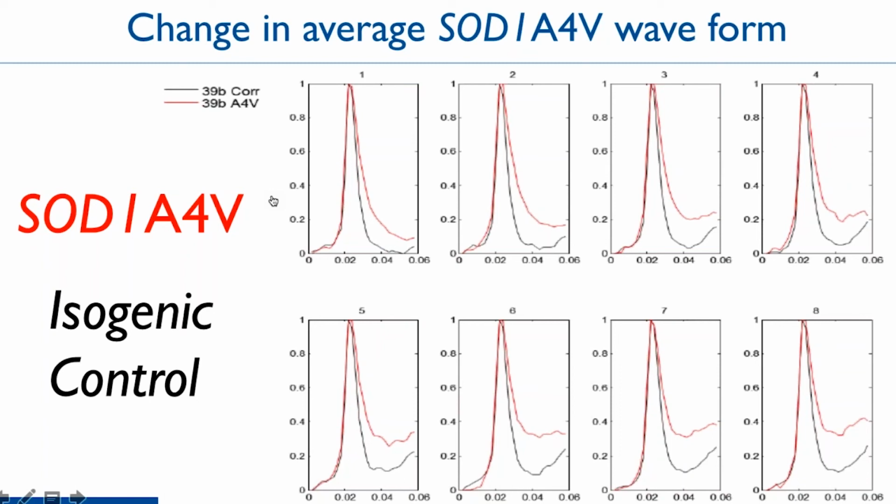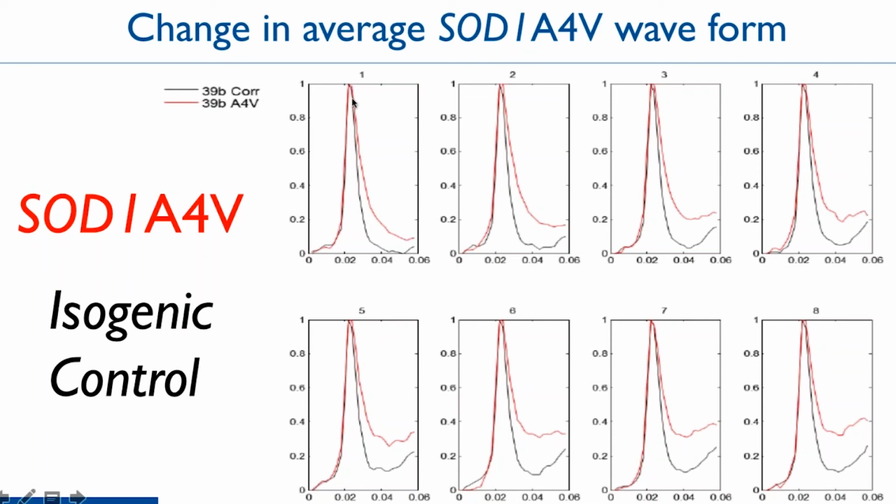And so here you're looking at 8 different epochs of experiments in which we've compared motor neurons from the patient to their isogenic control. And the patient trace here is in red and the isogenic control is in black. And what you can see are the model in aggregate of thousands of different action potentials with different intensities of stimulation in this system. Okay. And what you can see that is interesting is the upstroke of these action potentials, which is largely driven by sodium currents, looks very similar. But the mutant cells have a lot of trouble repolarizing, which again is consistent with this change in the potassium currents that we saw in voltage clamp by classic patch clamp.